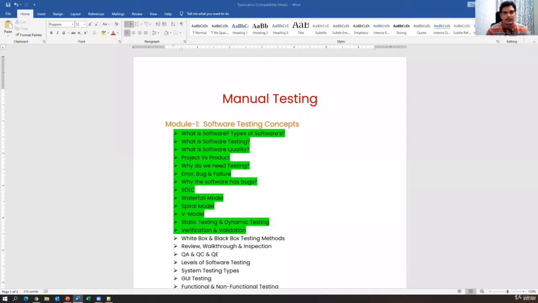So before starting today's session, let's recap what we have seen till yesterday. In the previous session, we have seen the V model. In the V model, we have discussed what is verification and validation, and also static testing and dynamic testing. When I talk about static and dynamic testing, static testing means we can verify the documentation